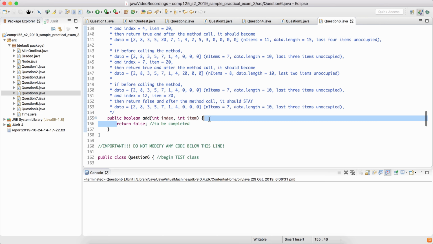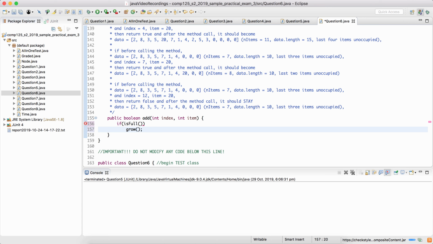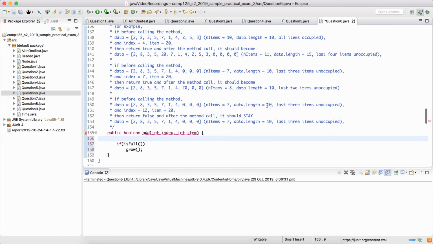So obviously the first thing that we're going to check is what happens if the array is full, which means if it is full, you need to grow the array. One more thing, if the location, if index is 12, you can see that nItems is 7 and location is 12,